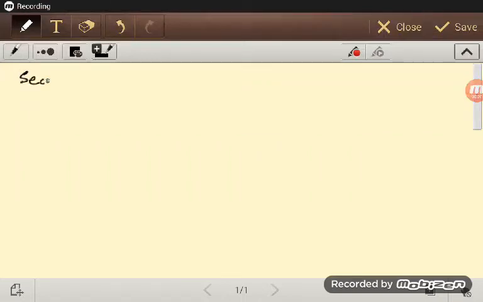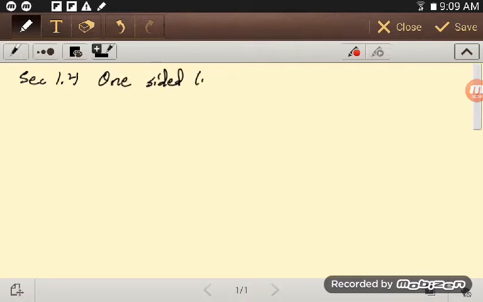Alright, so again, this is section 1.4, and we're looking at one-sided limits. And the reason we want to talk about that sort of thing are things like closed intervals. So a one-sided limit we designate either from the right or from the left. So from the right,